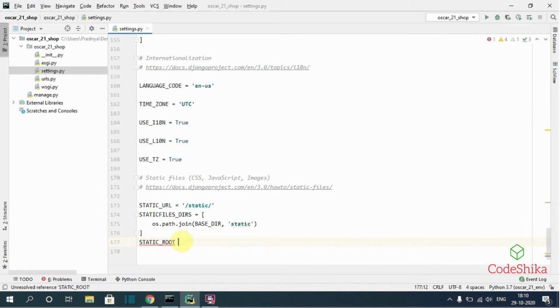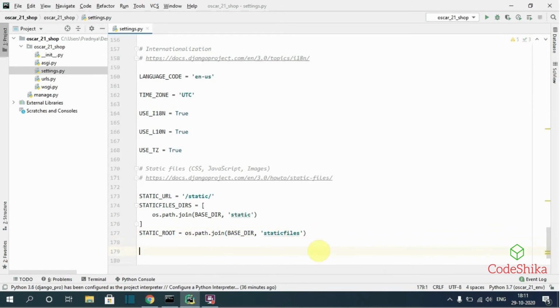Static root equals to os.path.join BASE_DIR, comma, staticfiles. Here we are specifying the directory with the name staticfiles under our root project, and this is the directory where all static files will be collected when we run the collectstatic command.